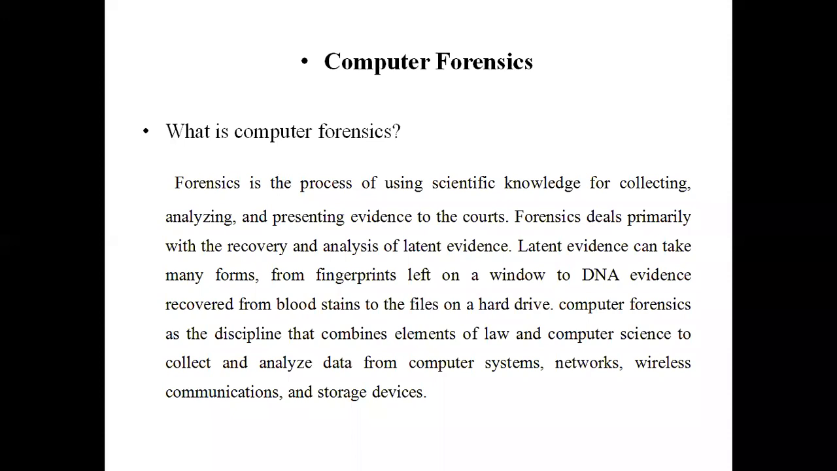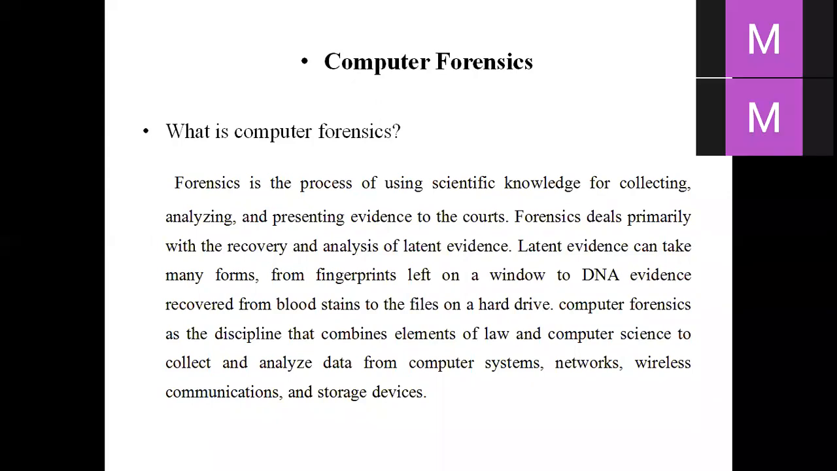Let us go with this idea of computer forensics. Computer forensics is the process of using scientific knowledge for collecting, analyzing, and presenting evidence to the court. Forensics deals primarily with the recovery and analysis of latent evidence. Okay, so latent evidence. The latent evidence can